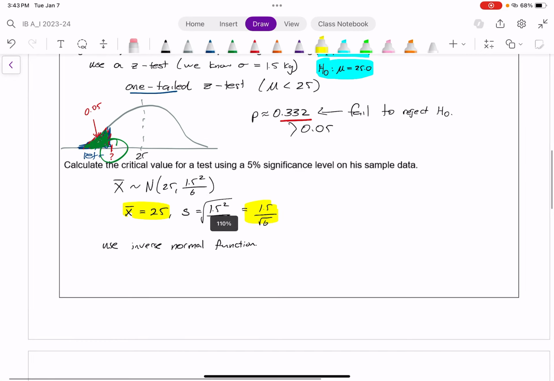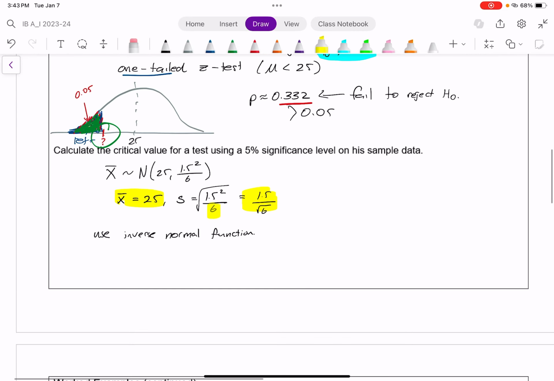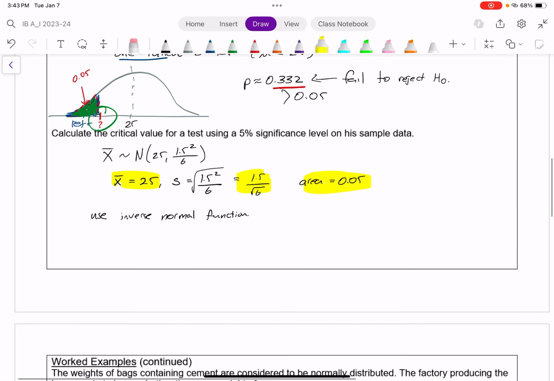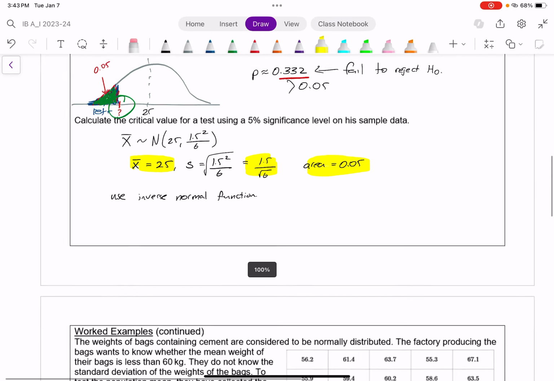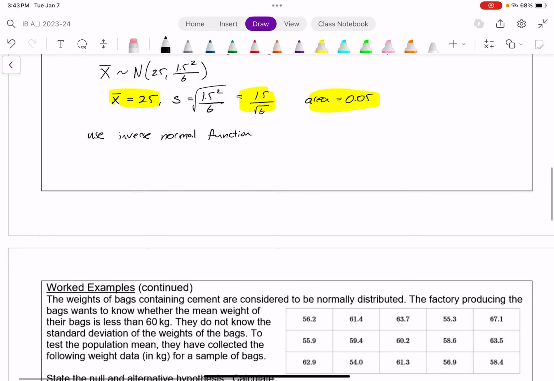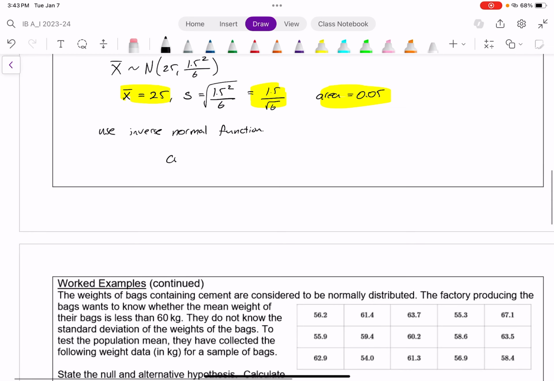and we'll say the sample size. Actually, I don't think we have to say the sample size for that. Sorry, I don't need a sample size. We need the area. The area of the region we're looking at is 0.05 because it was a 5% significance level. And again, we only want a left-tailed, and we should get on our GDC pretty quickly a critical value of approximately 24.0 kilograms,